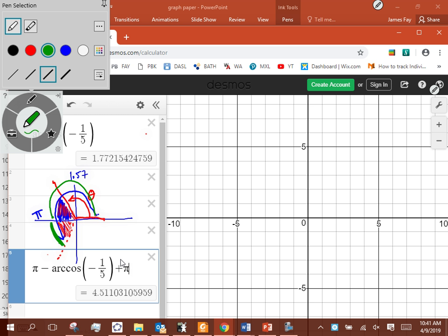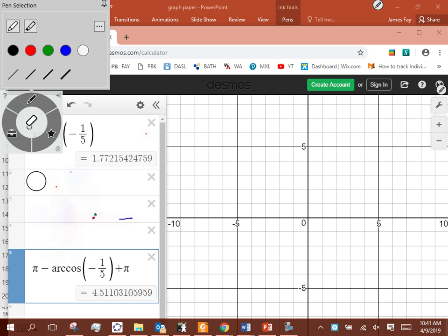Okay? Now think about what we really did there. We took arc cosine negative 1/5 and took pi plus pi. What's pi plus pi? 2 pi, right? We took 2 pi minus arc cosine negative 1/5, right? Hopefully that makes sense visually,